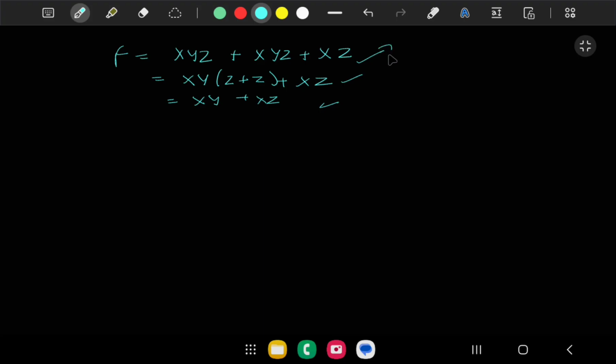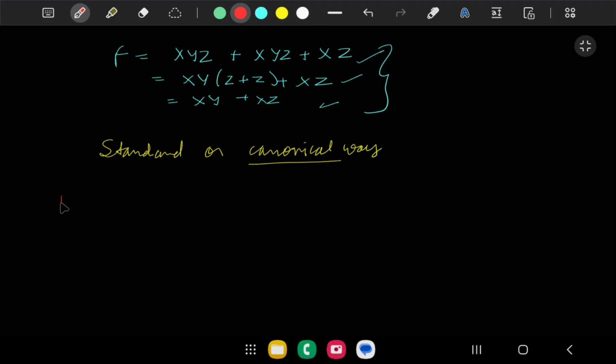See, so same expression you can write in all different ways. So you need some standard, or we can say a canonical way, right? For example, if you see this expression f equals to a plus b,